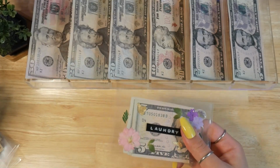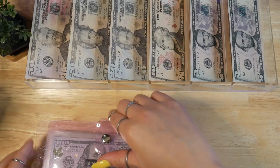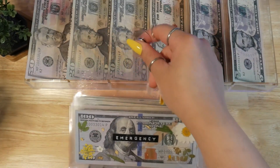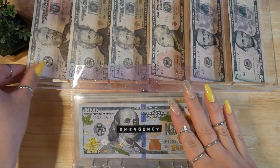And there is that. Next, we'll be moving on to my sinking funds. So here is my first binder. So emergency funds will be getting